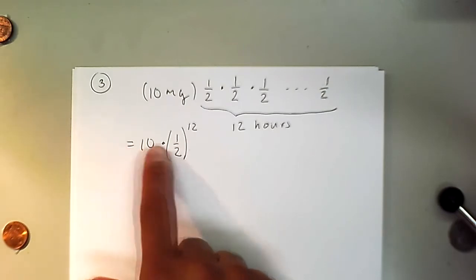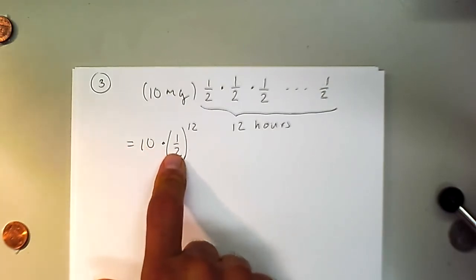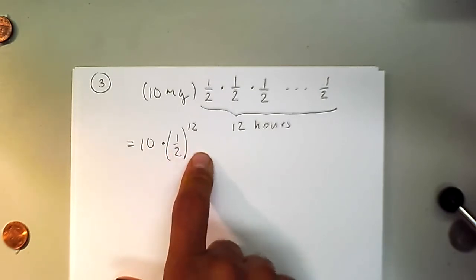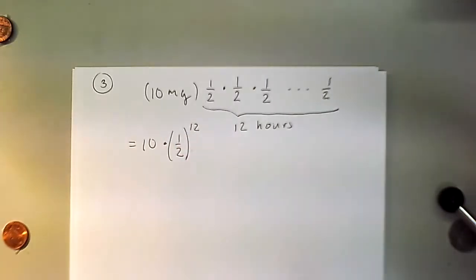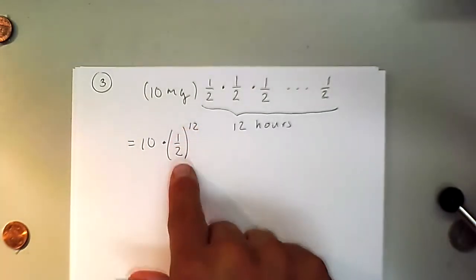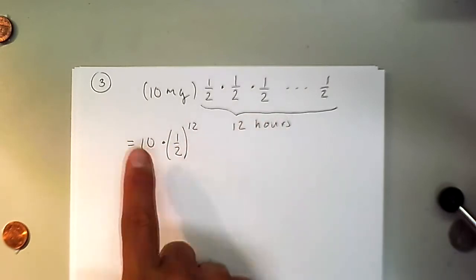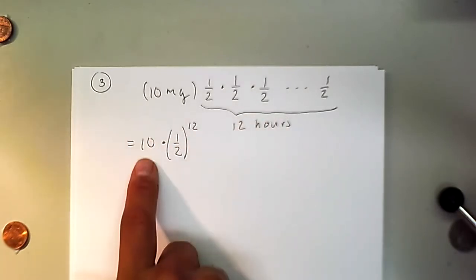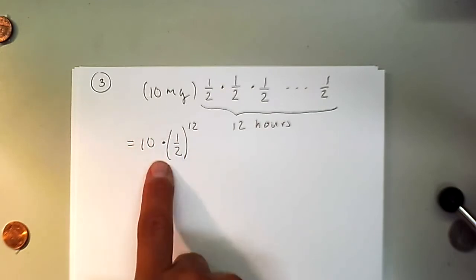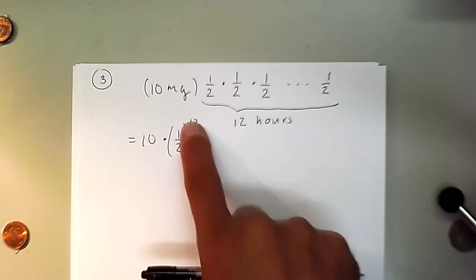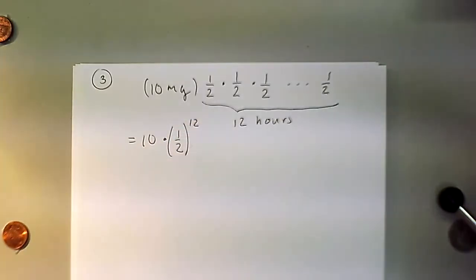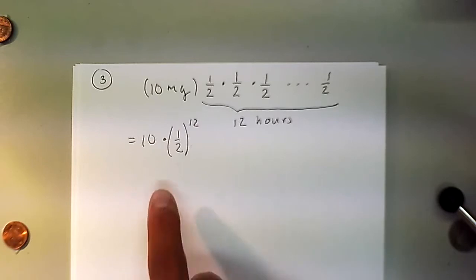Alternatively, you can multiply 10 times a half, in which case you get 5, and then times a half, 2.5, times a half, 1.25, and so forth until you finish all the halves that you have to multiply by. By the associative property, you can do all the halves together and then multiply once by 10, or you can multiply the 10 times the first half, and then that answer times a half, and so forth. Typically, we do the halves first and then multiply by 10 only once.